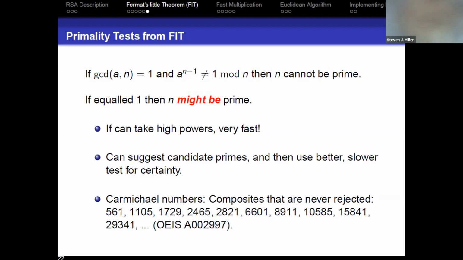There's a wonderful website called the Online Encyclopedia of Integer Sequences, the OEIS. If you have any string of numbers, if you plug it into that site, it will generate lists of sequences that it knows that have those as a start. And it will often give you links to formulas about those numbers, to papers about them. Absolutely wonderful site. So there's a lot that we can do with Fermat's little theorem, and it can help us with that question of finding the primes.